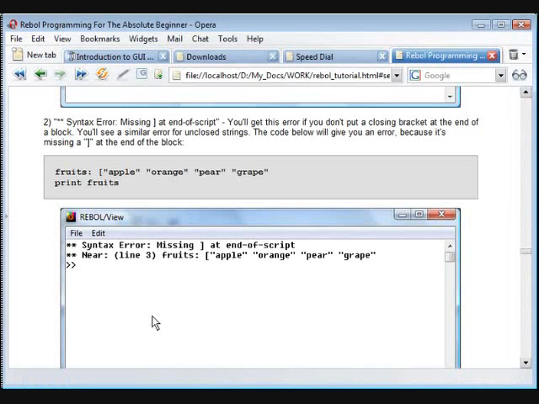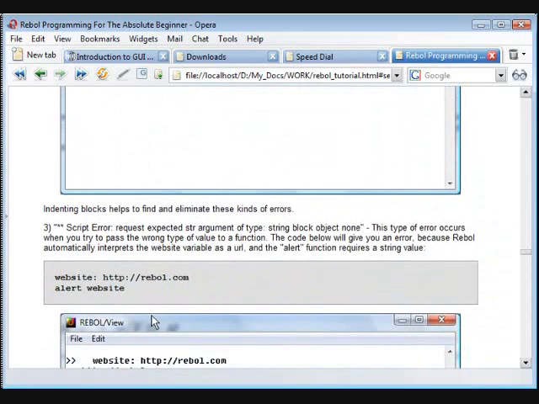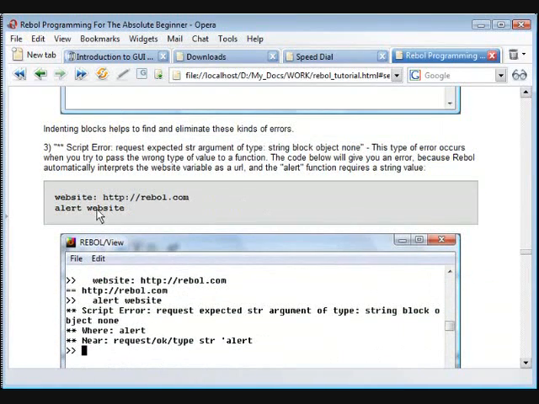Okay, the next common little error that you'll see is the type error. Now, this is one of the most common and pervasive and troublesome little errors that you can run into. In this case, we've assigned a word to a URL. REBOL knows that's a URL because it's got the typical URL syntax, http://. The function alert only works with strings and blocks and objects. It doesn't work with URL types. So when we go to run that,